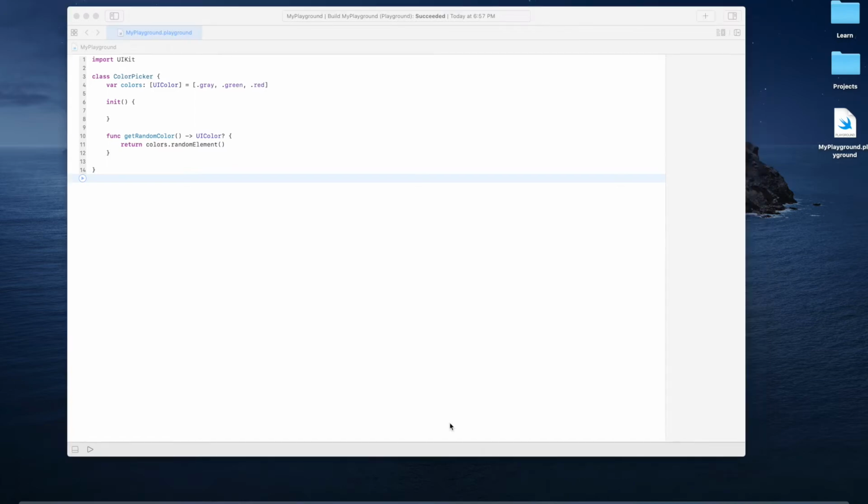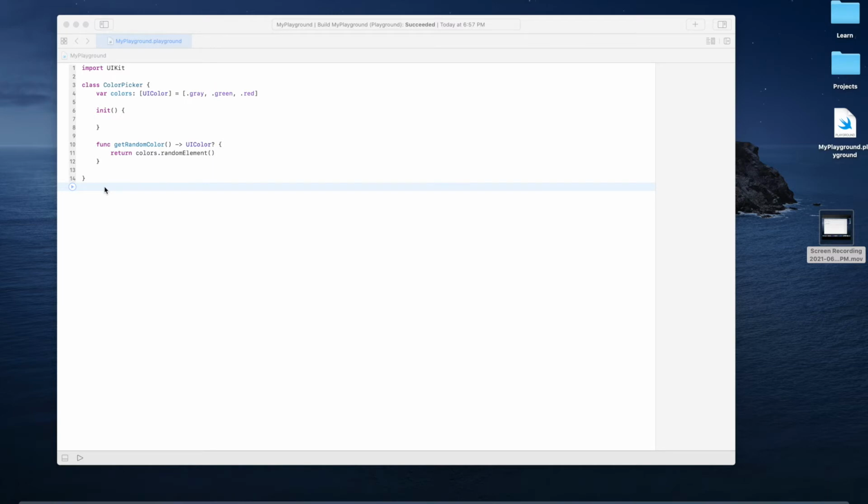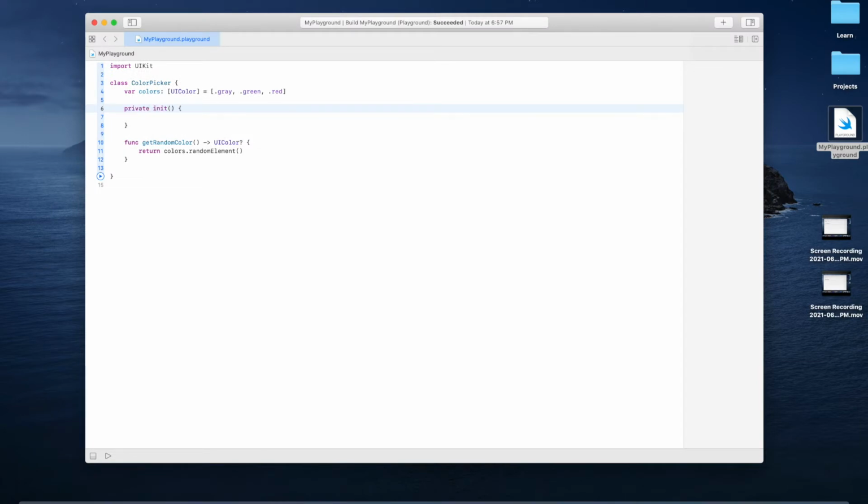I believe now you understand the problem we are facing in our current design, and also how the singleton design pattern will help us overcome the issue and provide what we wanted. Now let us apply the singleton design pattern to this basic color picker class and test it. In order to make this class a singleton, first of all we need to make the initializer private. By keeping the initializer private, we are restricting any other class from instantiating the color picker instance.